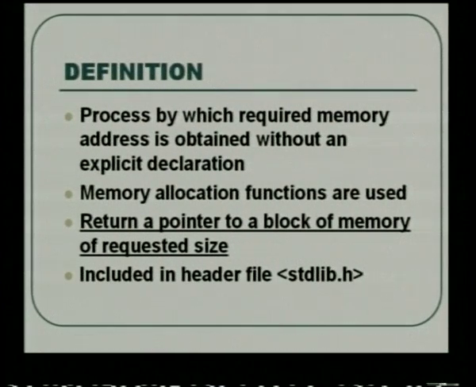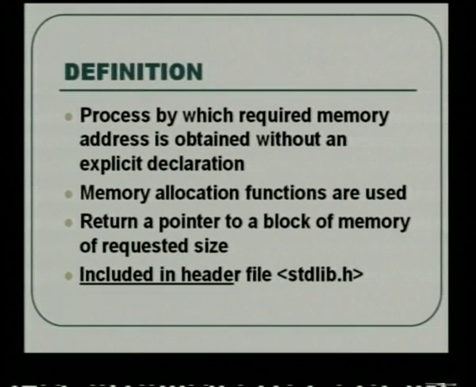So, how is the memory allocated? Using a pointer variable. When you are using the memory allocation function to assign memory to a variable, it returns a pointer holding the address of the first block of memory. And these functions are included in the header file stdlib.h, which stands for standard library. Like in normal C programs we use stdio.h, when you are using dynamic memory allocation, all your programs should have the header file stdlib.h.